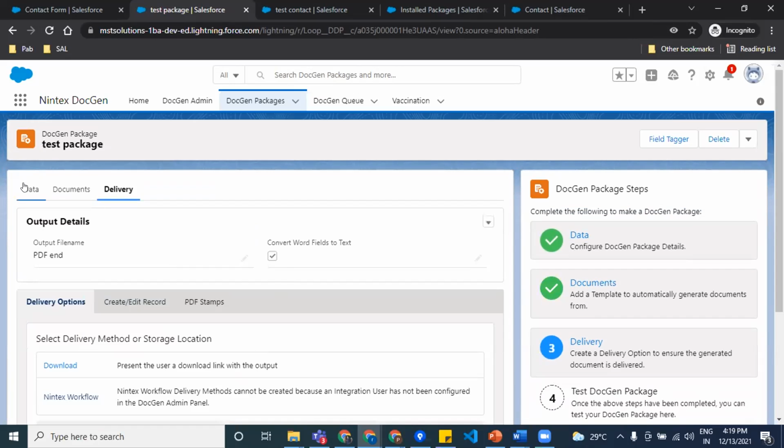Once this part is done, the very basic requirement of your package is created. Now your package will contain a basic object, the template in which the PDF has to be generated, and the end PDF name. Everything will be held and combined together in a bundle called a DocGen package. Now,